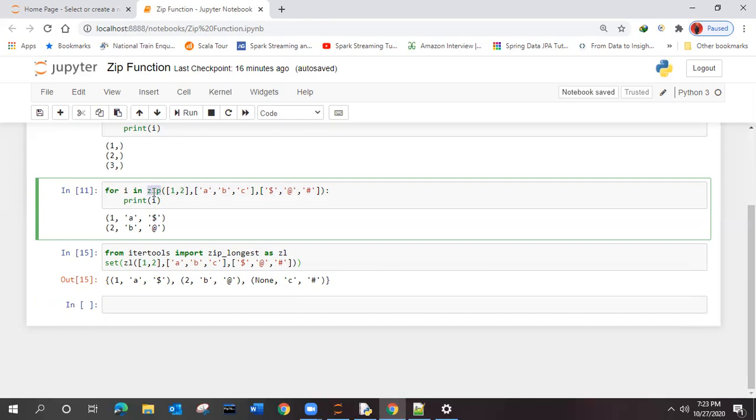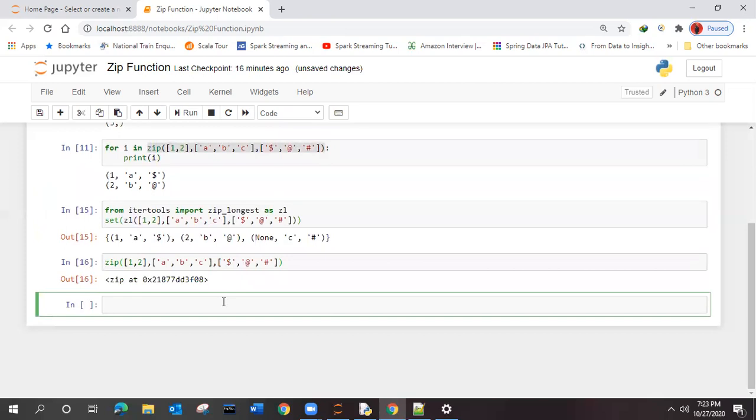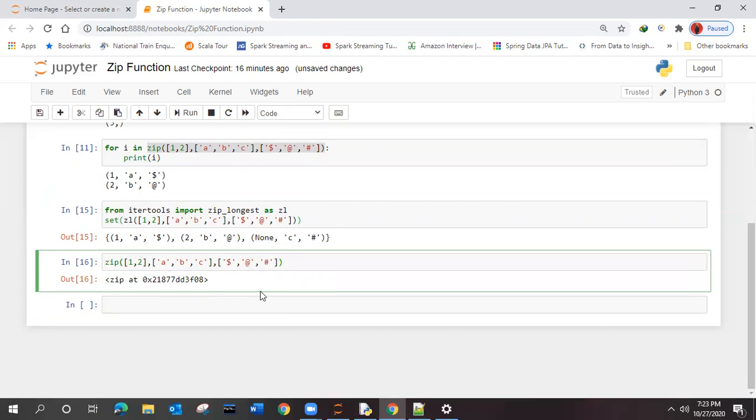How can we make use of this? If we do zip of this one, the output will again give us a zipped result. So what we can do now is take this as the input. Because by default it will zip it. If we are executing, it is zipping. So after zipping, we can store it somewhere. I will store it inside Z.